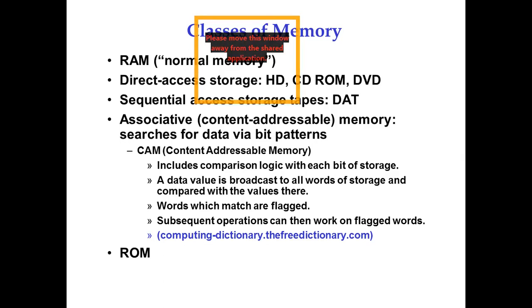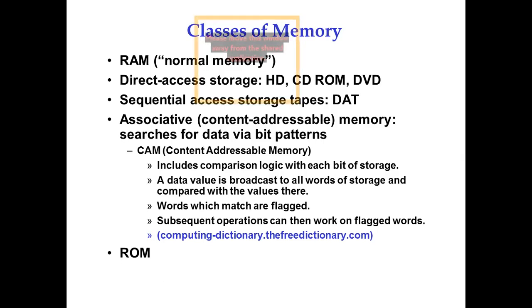Whenever we broadcast the data, we compare it with the values there. So we can store data temporarily for a short while, and then compare the data when we are using it for listing purposes. If we want to arrange our data in increasing or decreasing order, or any order, we use this type of memory, so that we can serially maintain the data as per order.